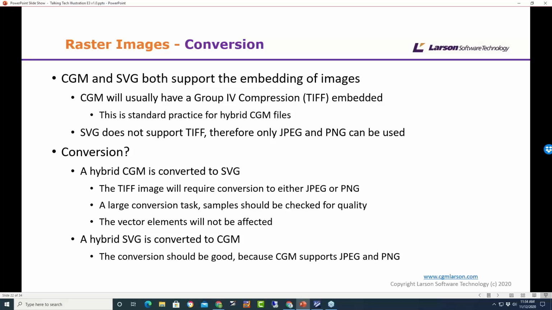So, as I mentioned, it is a hybrid format, but it doesn't support the TIFF. So always check your quality. The vector elements are not affected, but that is something to bear in mind if you're converting a large number of files, or even one file, from CGM to SVG: if it's got raster in, make sure that you're getting a good result.